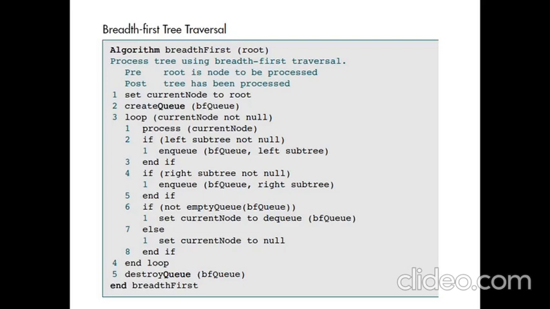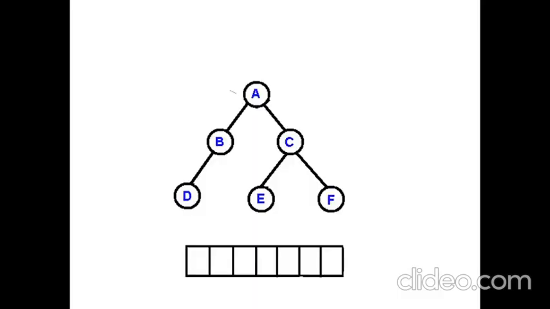Before looking at the algorithm part, let me show you a demo of that. It will be easier to deal with the algorithm. We start with the root. From the root, we note down all its children into the queue. So we push B, which is its left child, into the queue, and then C, which is its right child. After completing this, we remove the front, the first value from the queue, and go to that particular node.